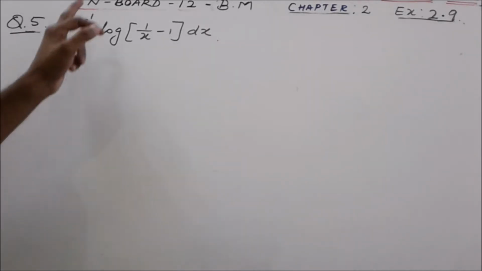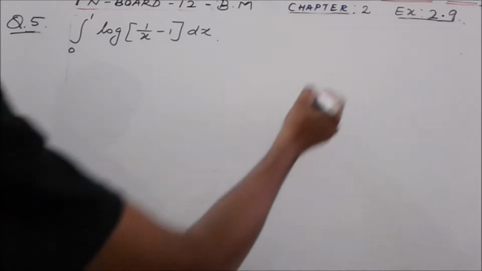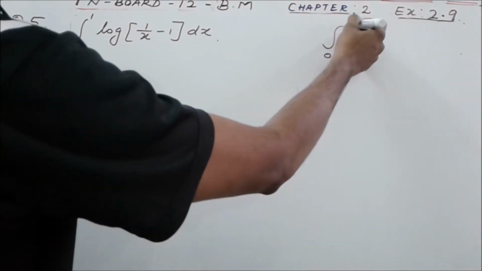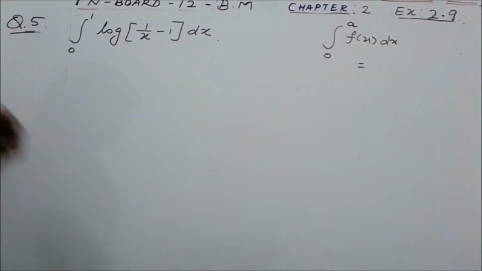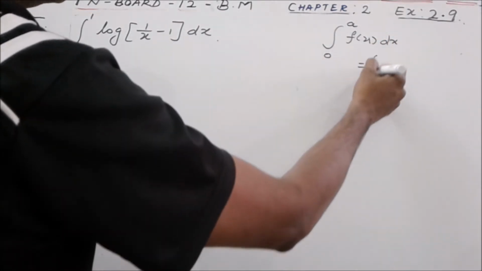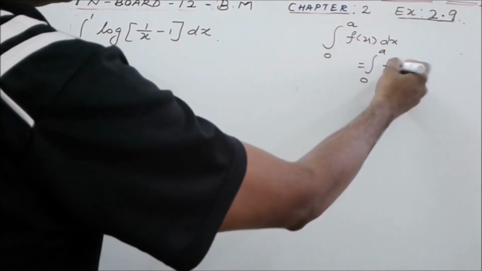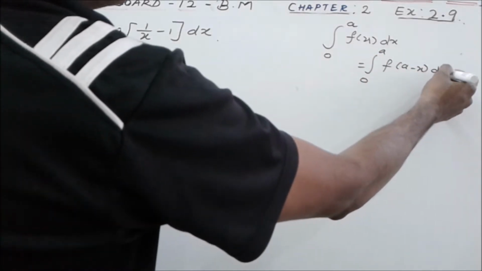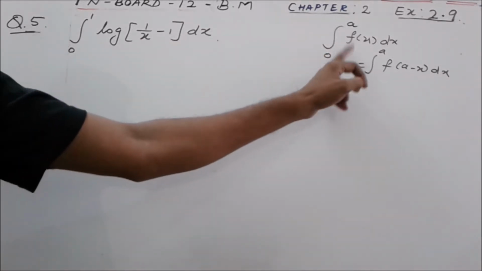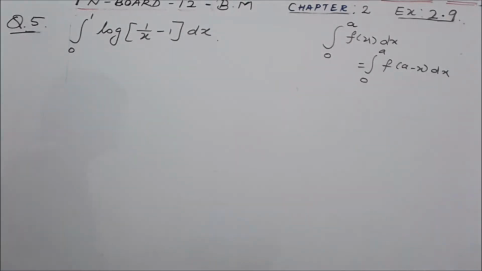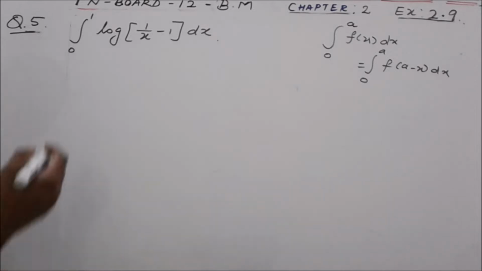Here we have limit 0 to 1. So this is in the form of integral 0 to a, f of x dx. If integral 0 to a f of x dx is equal to integral 0 to a f of a minus x dx, we have a property that integral 0 to a f of x dx is equal to integral 0 to a f of a minus x dx. If it is not possible to integrate directly, we can use the property. Now it is impossible to integrate directly, so